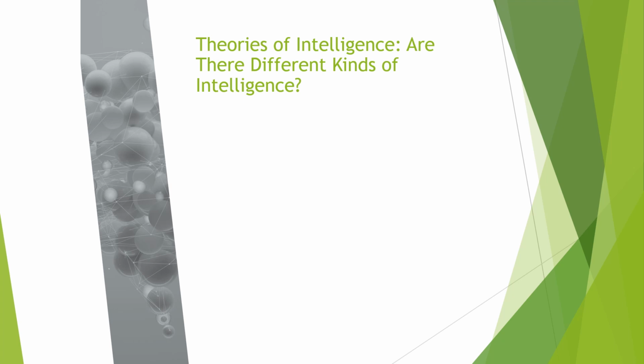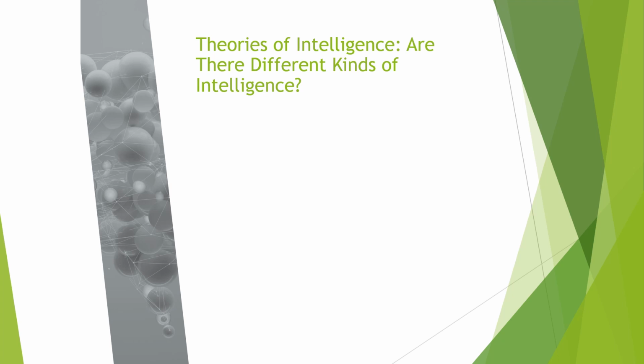Let's start off talking about the different theories of intelligence. And are there different kinds of intelligence? As you're going to find out here in just a minute, we do have various theories stating that there are different types of intelligence. You may feel as though you are really smart in one area, but not so smart in another area. And so I believe, and I do follow this, that there are different types of intelligence. There are some people who generally are intelligent in all different areas. But some people are intelligent in one area and not so intelligent in another.